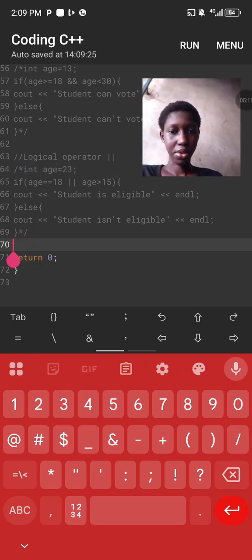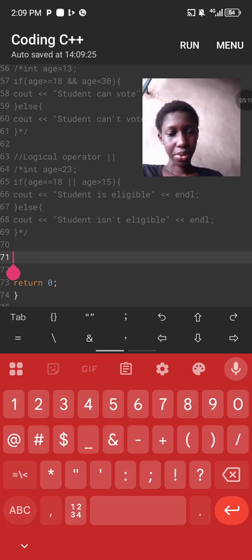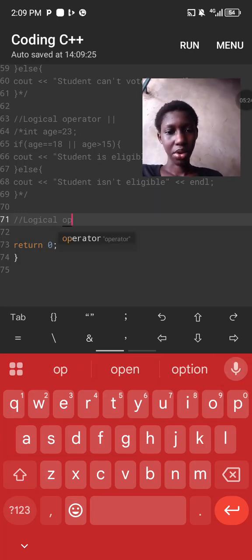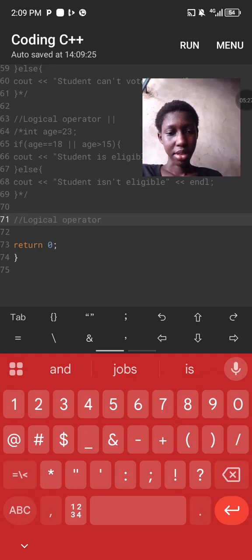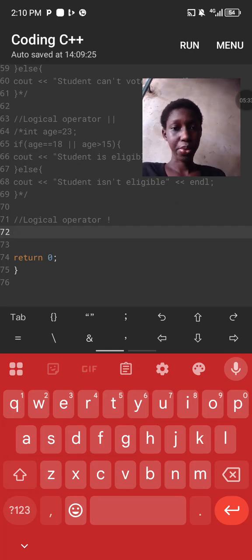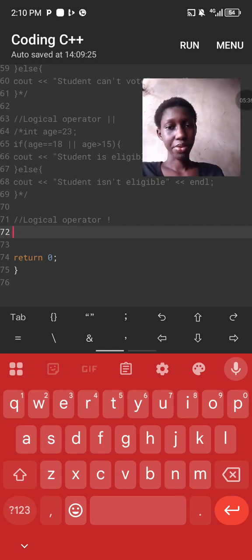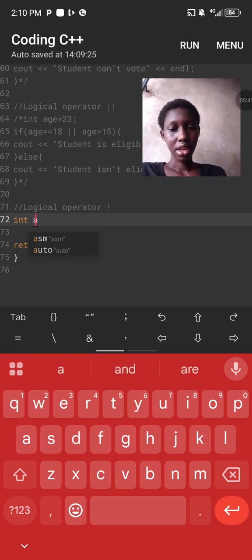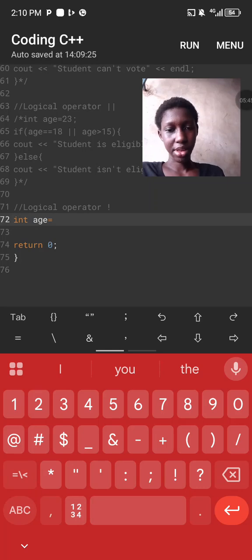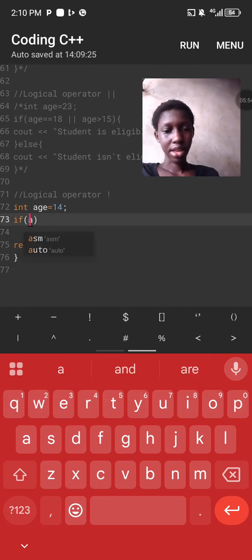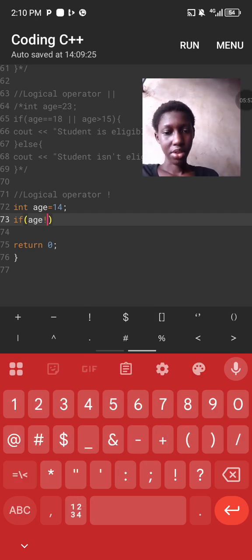So the logical not operator, we are still on logical operators. Remember the not operator is this. In English we say it's an exclamation mark, but in programming it's known as a not operator. For the not operator, we're still using the if statement, that's a selection statement. Let's say we're still using the variable age and we initialize it to 14. So if the age is not equal